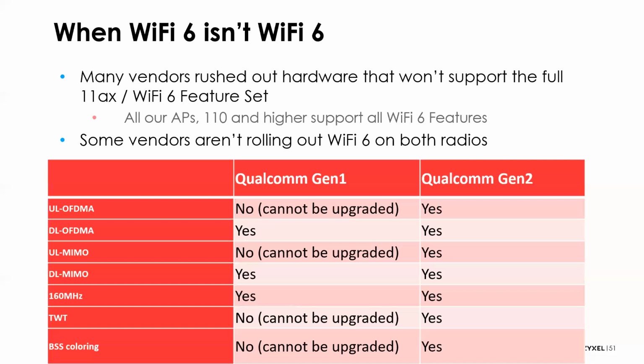So we've got an example here, just looking at the Qualcomm Gen 1 chip versus the Qualcomm Gen 2 chip. Again, it's missing bidirectional OFDMA, it's missing bidirectional MIMO, it's missing TWT and BSS coloring, and it cannot be upgraded and added to it. So you have to have a Gen 2 or better chip to support all of those features. There are still products out there using these Gen 1 chips because they are cheap and they are missing some of those features. So when it comes to Zyxel,